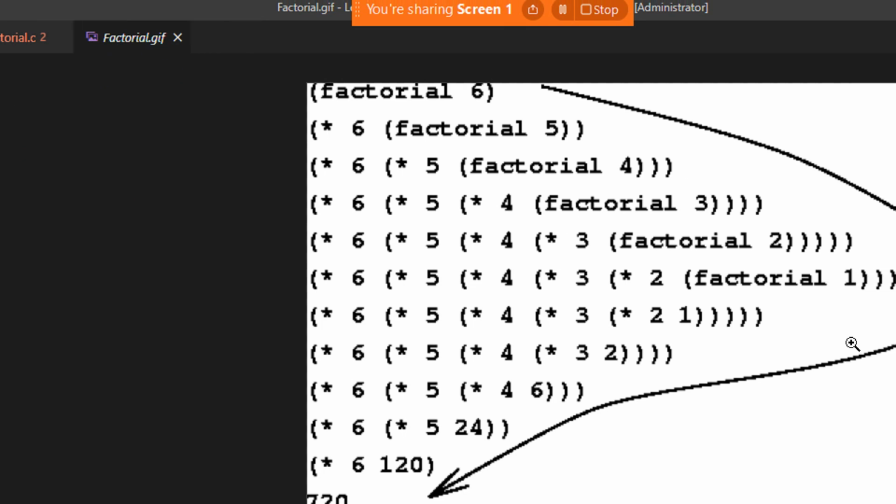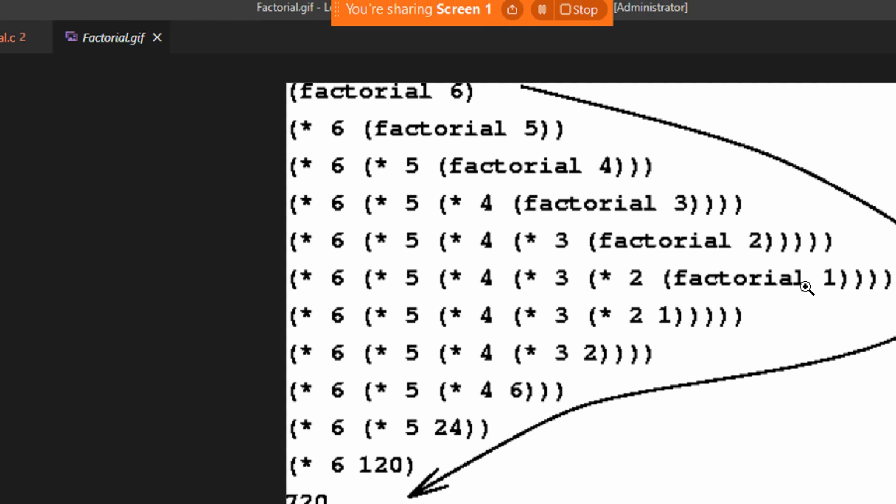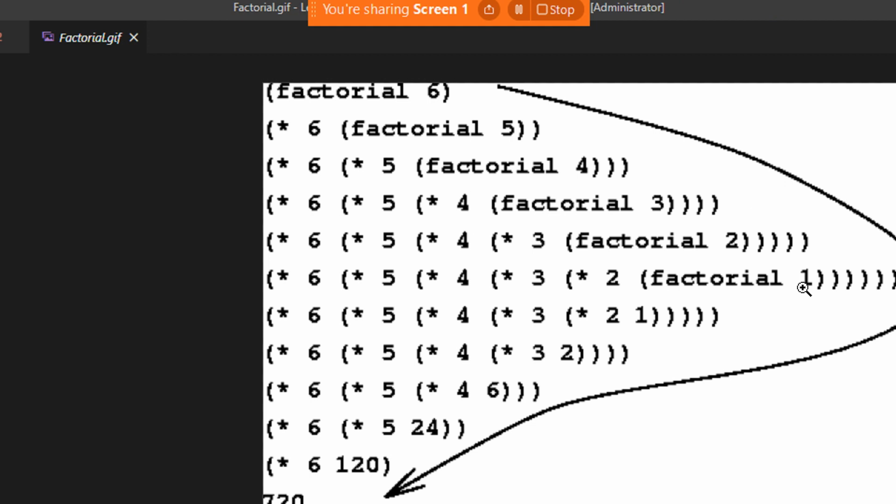So now let us come back to the image. Factorial of 1 comes to the else part, and we are returning the value 1. So you see 2 and 1. 2 multiplied by 1 is 2, which comes to the previous return part, because the previous function was factorial of 2, which became 2 into 1, which is 2.